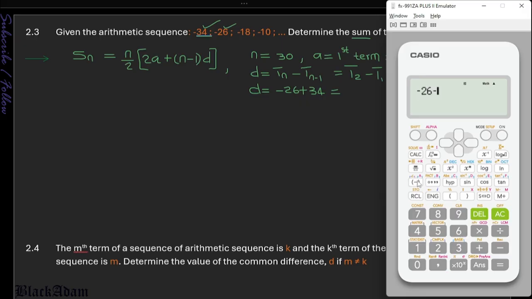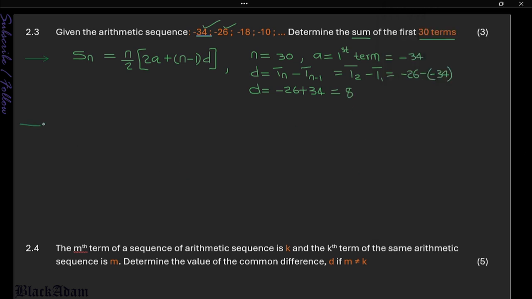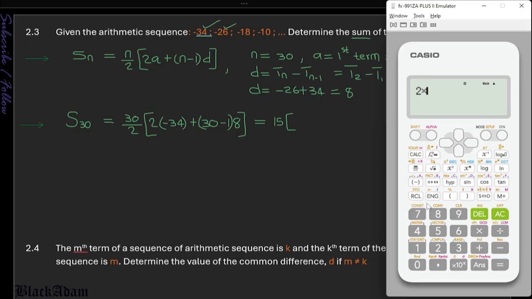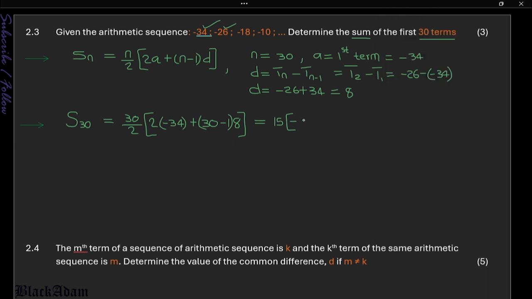Negative 26 plus 34 gives us positive 8, so our d is 8. So we have the sum of 30 terms, which is 30 divided by 2, open bracket 2 times a, that's negative 34, plus 30 minus 1, and our common difference is 8. Simplifying, 30 divided by 2 is 15, and 2 times negative 34 gives us negative 68, and then we have